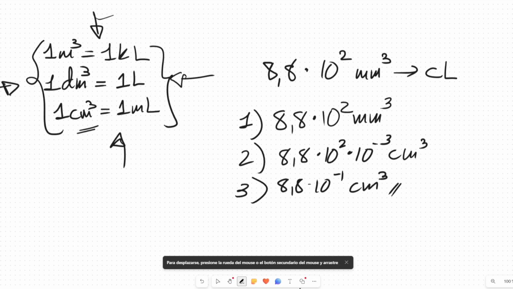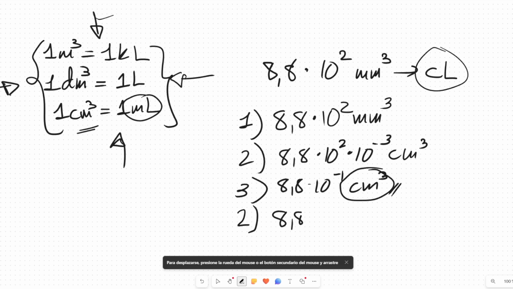But this result is not in centiliters yet. I have to keep doing this conversion. How? Well, I would move now onto another step 2, onto another equivalence. Because it's in cubic centimeters, it is the same as a milliliter. So I could write it as 8.8 times 10 to the power of minus 1